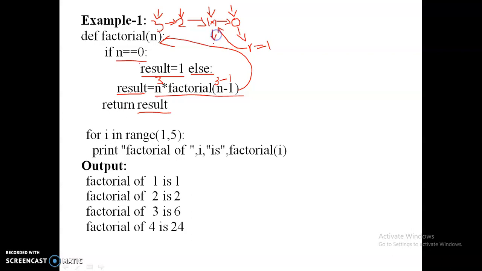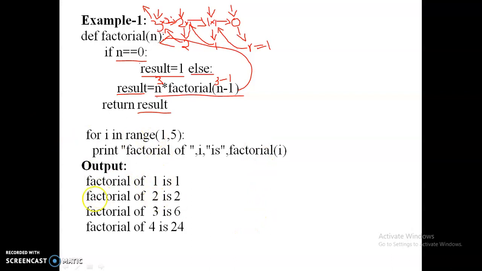This result is returned back here, where it multiplies 2 into the returned result 1. So 2 into 1, the result 2 is returned back here, where it is multiplied with 3 into 2. Now it becomes 6. 6 is returned back to the caller of the program. So this is the process of the recursion.